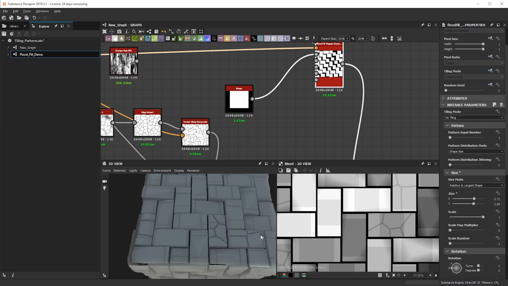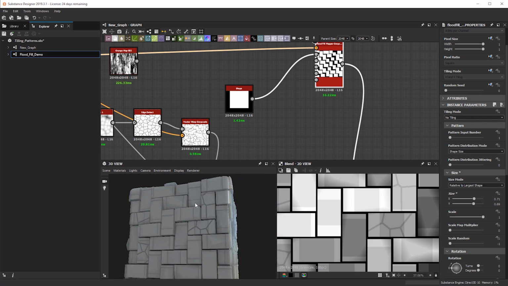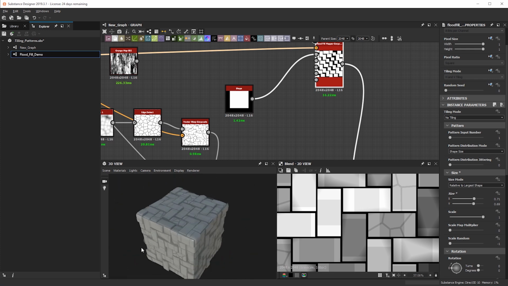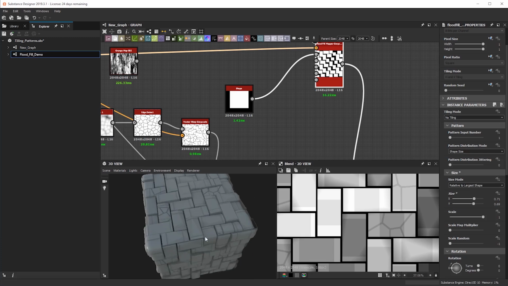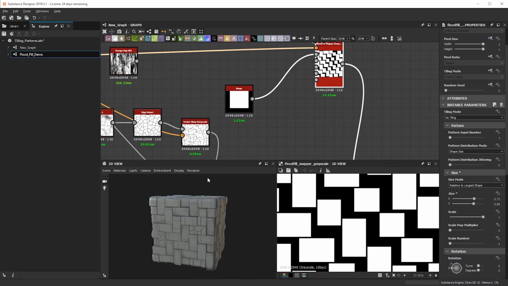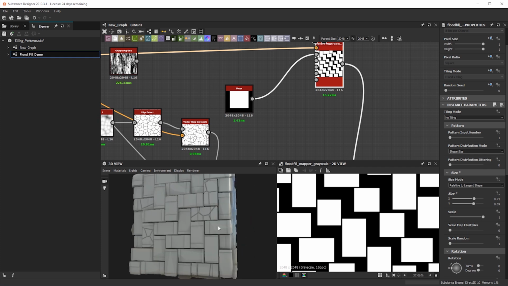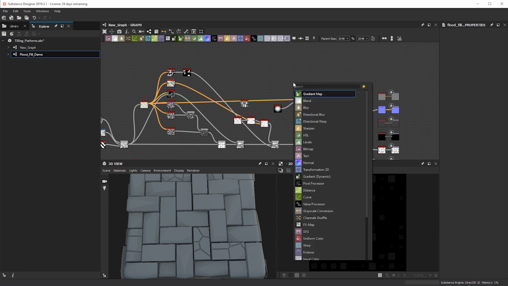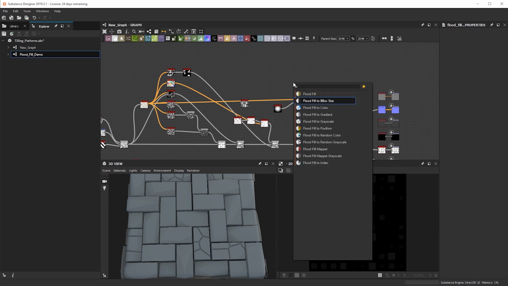So now we have this intricate pattern within our bricks. It's a nice way, if we see certain patterns or things in our reference that we'd like to add onto our already pre-existing bricks, to do that. So the last flood fill node that I'd like to show you guys is the flood fill to bounding box